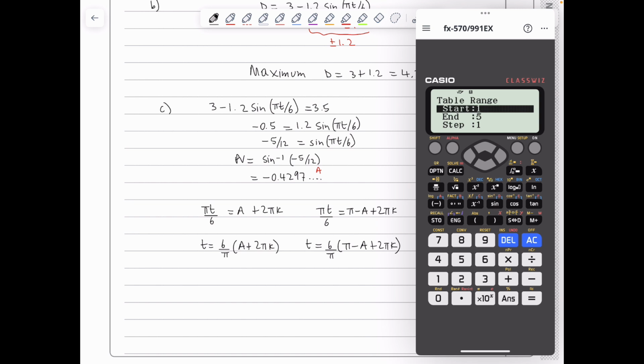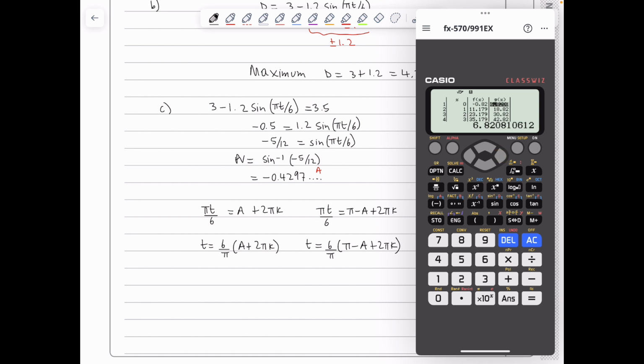I will set my start to be at 0, my end to be at 5. I'm stepping every one. So essentially, I'm automating the whole process of generating the solutions. So I press the equal button. I got all solutions here. Remember that the value of t varies between 0 and 19, and I'm only looking for the first 2 positive solutions. So I see one of them is